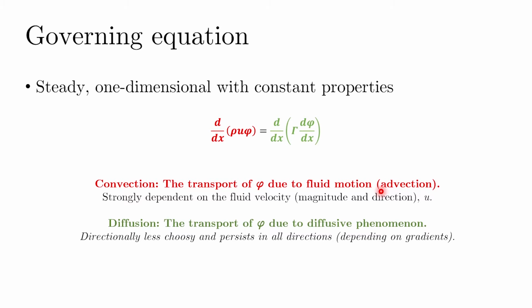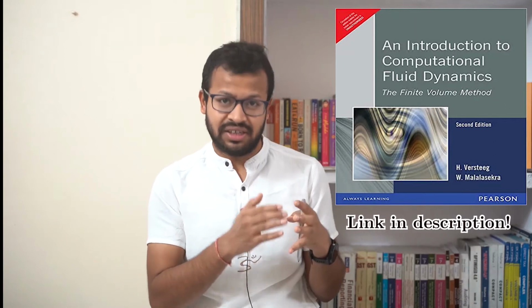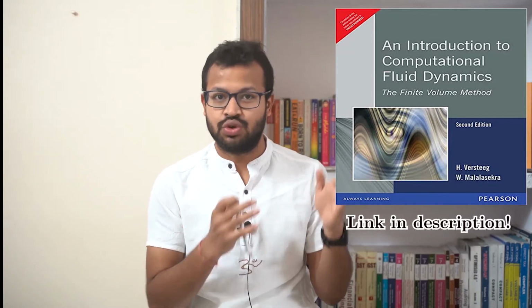Sometimes in some of the textbooks you can find similar expressions for advection, or they name the convection process as advection. To be very specific, advection is the right word, but in some books they use convection interchangeably for it, and the textbook that we are going to refer to, that is the textbook of Versteeg and Malalasekera, uses the name convection. Convection in some textbooks is usually a combination of advection and conduction, but here we are going to use them interchangeably.